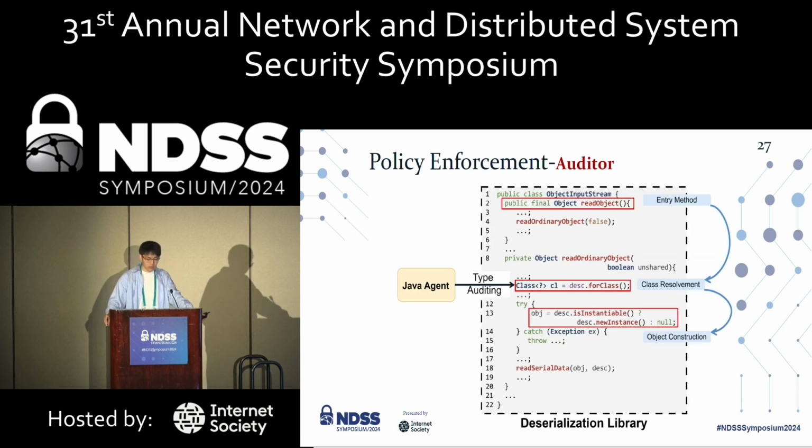As for the auditor, it should validate the object type after the deserialization libraries identify the class using their resolving methods. Since distinct libraries have very different resolving methods, DeseriGuard needs to automatically locate the invocation position of resolving methods. It first performs a data flow analysis to locate the potential invocation positions. Specifically, it detects the data flow pattern that goes from a byte stream